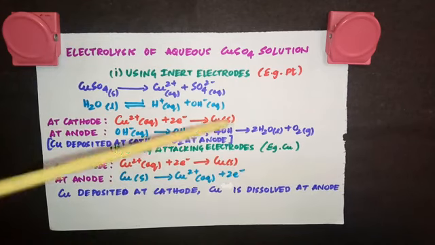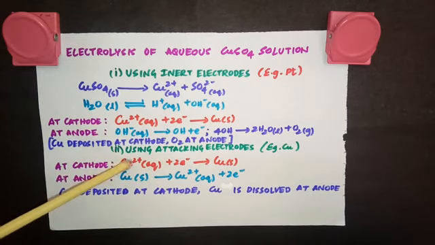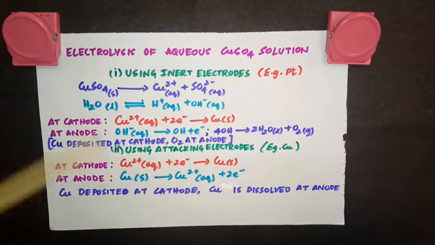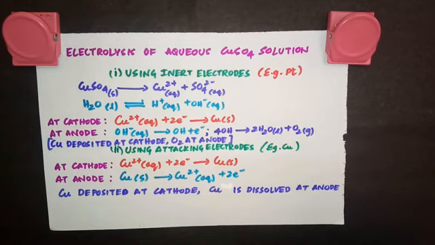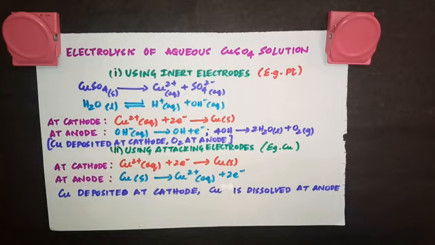For example, copper dipped in copper sulfate solution. At the cathode, both Cu2+ and H+ will migrate, and the same thing that happened here will happen here also, because Cu2+ has a higher reduction potential, or you can say a lower discharge potential. Both represent the same. So preferably copper will undergo reduction at the cathode and copper is deposited at the cathode. But at the anode, there are two possibilities, SO4 2- and OH-. Neither of them